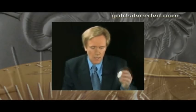But I think my favorite is when you get down to just the 1-ounce government minted coinage. This is an American Silver Eagle, again, 1 troy ounce fine silver, and this is a Canadian Maple Leaf, and it says 1 troy ounce, .999 fine silver right on it. The reason I like these coins is